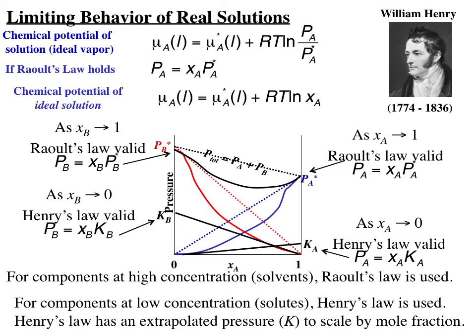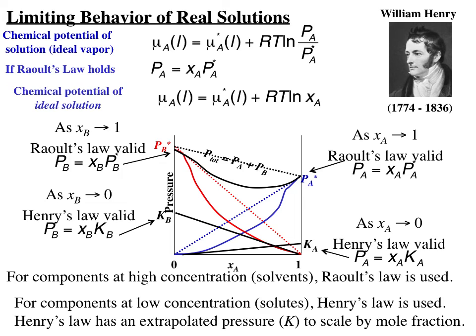Now, at the other end of the expressions, though, it's not good. Notice down where XA is equal to 0, PA is very far deviating from the dashed line. Notice at the point where XB approaches 0, and that's of course where XA approaches 1, then PB is showing very, very strong deviation from the dashed curve. So what was done by the fellow in the upper right-hand corner, William Henry, was he extrapolated those curves, meaning he drew a straight line